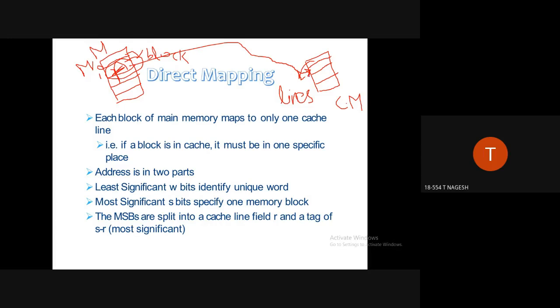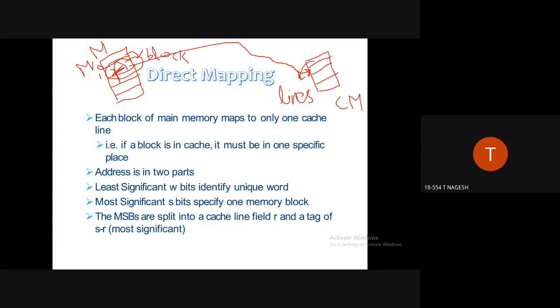Only in the direct mapping technique there will be a designated line for each and every block of main memory. So it has to simply take that main memory block and put it in a cache line in the cache memory, right? So this is a process that will happen under the direct mapping technique. One thing you need to be more specific on is that the blocks will be placed only on a designated cache line. It won't be placing wherever it wants in the cache memory. Why I am saying this point, you will understand while we are working with an example.